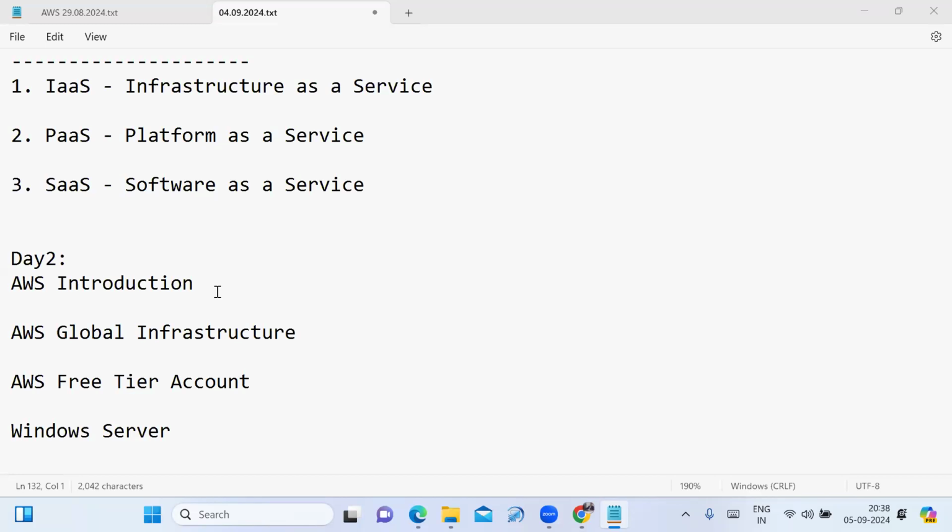It will be suitable for you. Once your AWS course is completed, you can switch to the cloud environment and apply for AWS cloud developer jobs. Okay, Rupinder Singh. Fine. Any questions regarding yesterday's concepts?